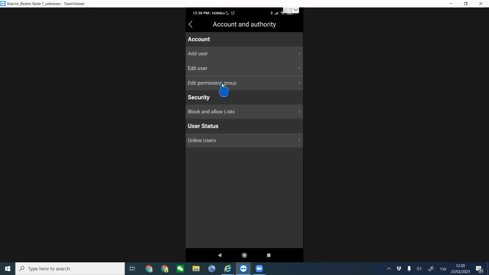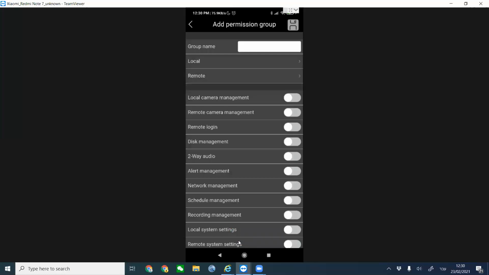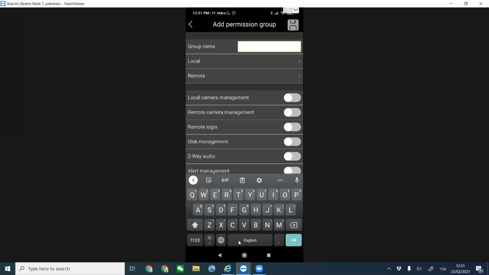So the thing that we're going to do is to access the permission group. We have here a lot of permission groups, but we're going to create a new one right on the bottom, add permission group. We're gonna give it a group name. Let's write it a test, for example. Now we can choose what kind of permissions this group is going to have. So let's say that our employees are not supposed to access locally into the NVR, only remote, only from the application or from the VMS or the web interface. So we're gonna choose remote,